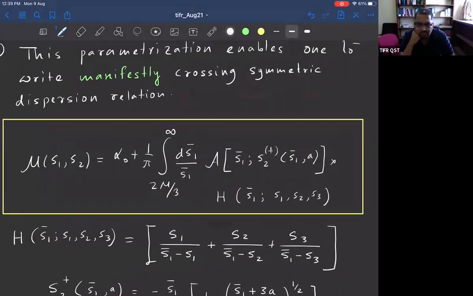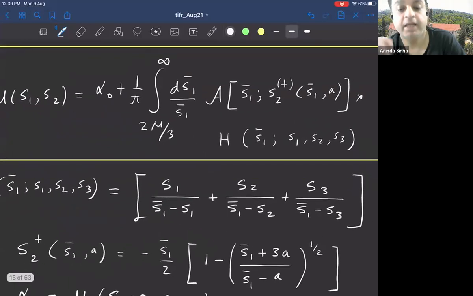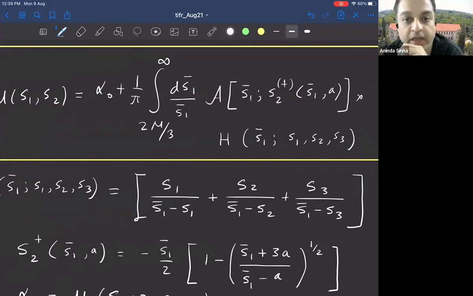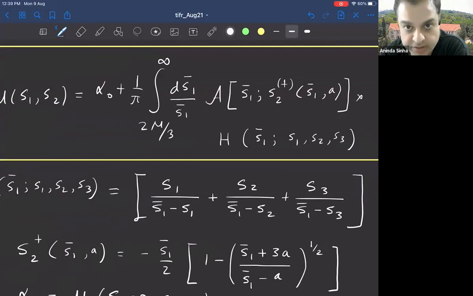Yes, this one. Okay. So you see the argument is s2 plus, and s2 plus is this function here. Now, if you remember that the domain of A actually allows you to Taylor expand around A equal to 0, that would mean that each partial wave in principle can have an infinite number of monomials in A. So A to the power 25, A to the power 26, whatever. And A was y divided by x. So that means that for a fixed block, a fixed spin, you can have any negative power of x.